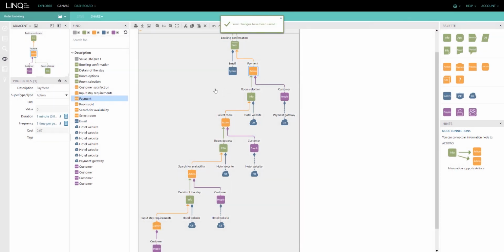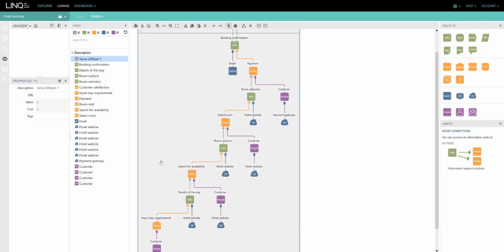We've now captured all of the details that we need, and when we select the value link set that contains all of these nodes, the aggregated cost of booking a room through this process is $4 per transaction. So that process of thinking about the burdened hourly rate of the person performing the action and the duration and the frequency of the action that is being undertaken will give us the cost of any individual action within our supply chain, and that will be aggregated up into these value blocks, and we'll discuss value in a little while.